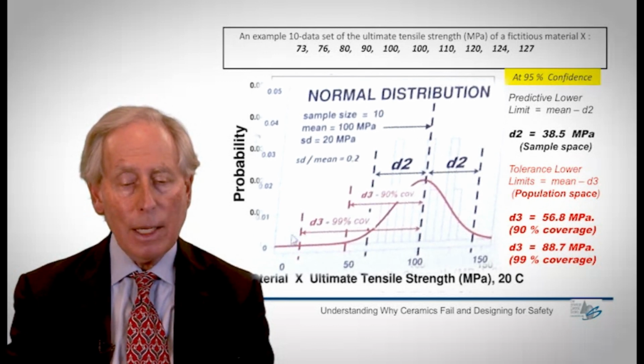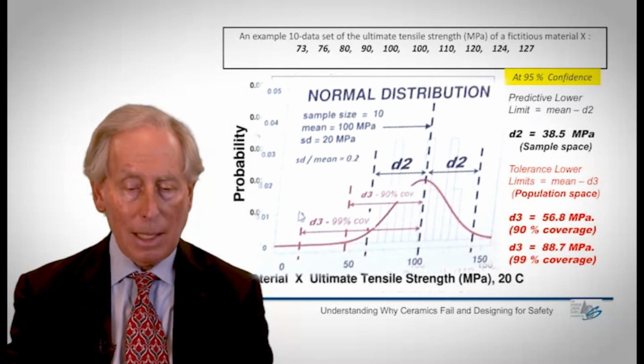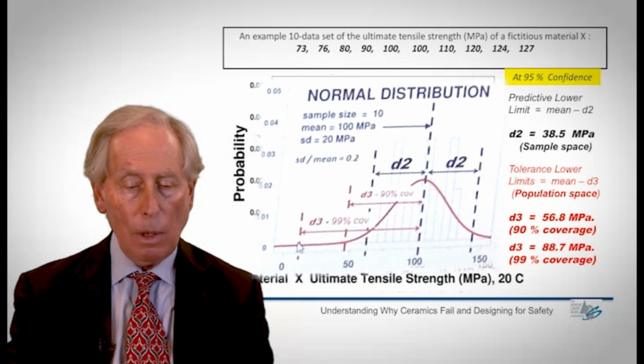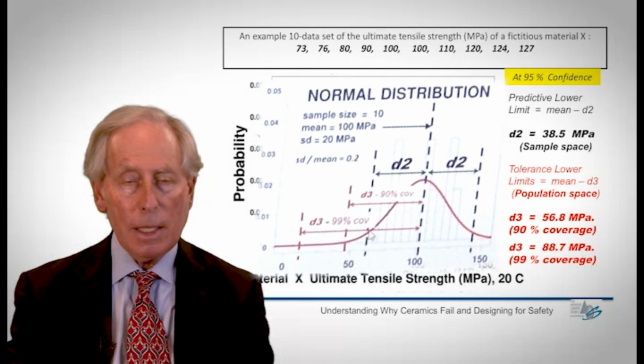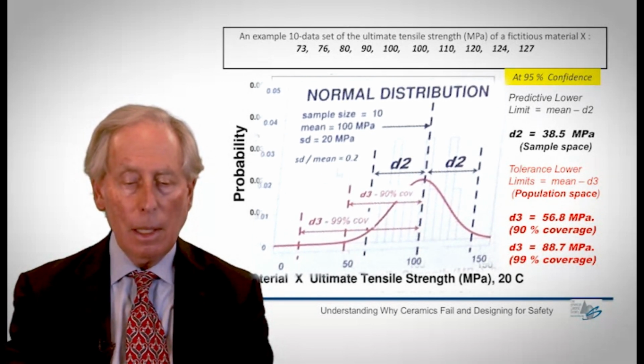For 99% coverage, if I want to be even more safe, then I have reduced the stress by 88.7 megapascals. In other words, there's a possibility of failure at less than something like 12 or 13 megapascals. But this gives me the confidence level that I need to be sure on my entire set of specimens where